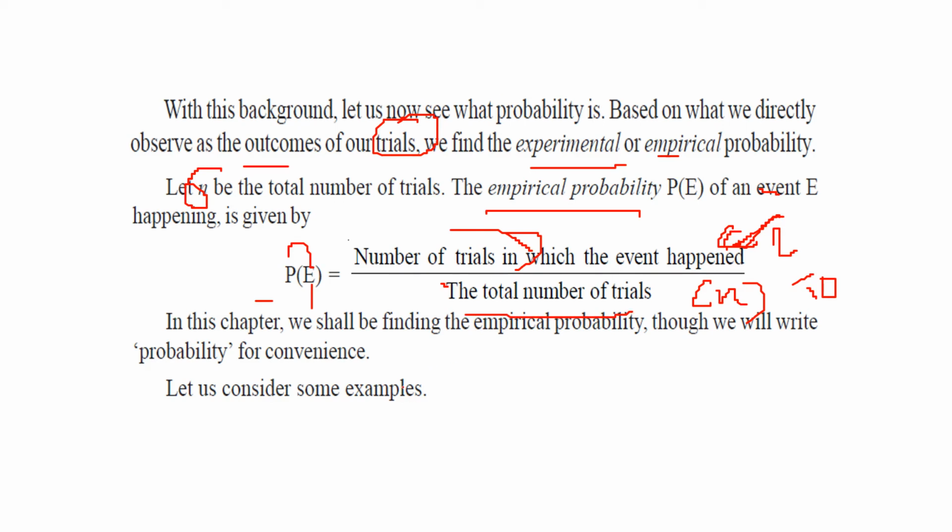So this is the probability, which is the number of times that event has occurred over the total number of trials which has been performed. We'll take